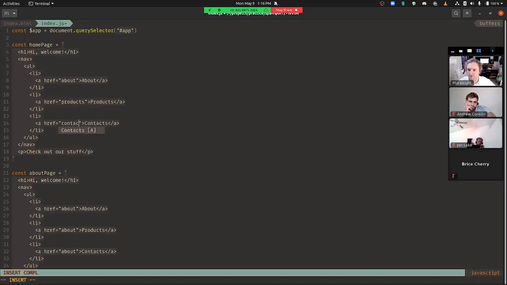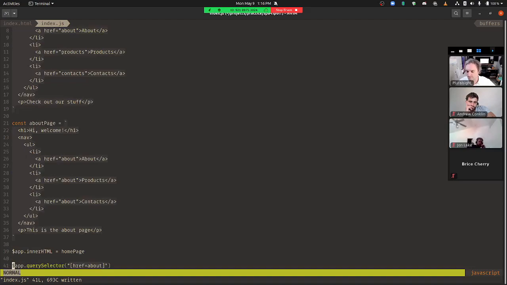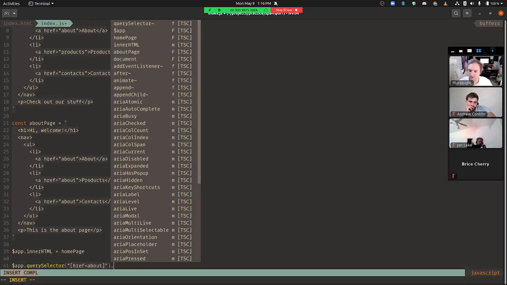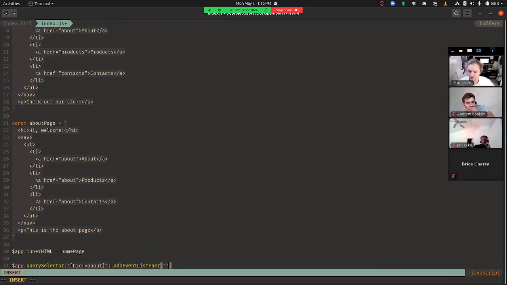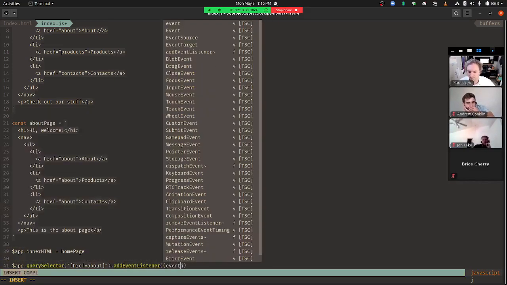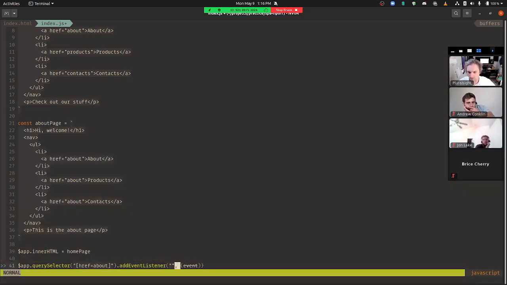Notice that those aren't valid links. They don't have to be. So I say, all right, find the one with the about href and add an event listener to it for click